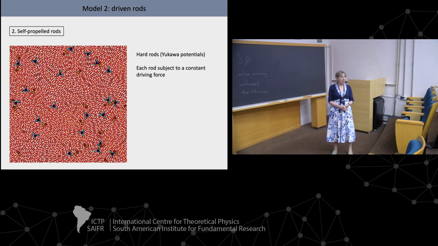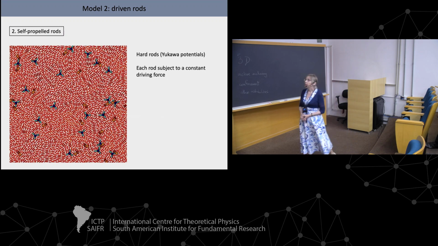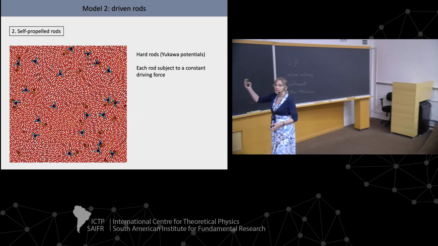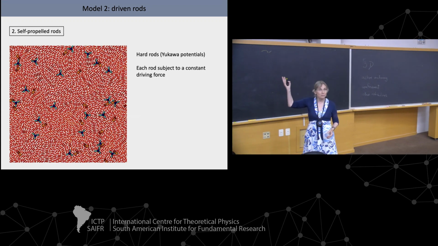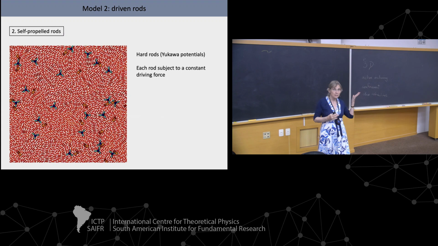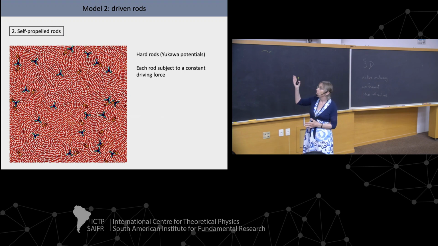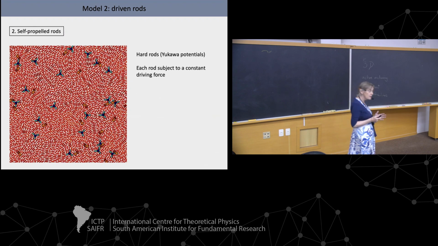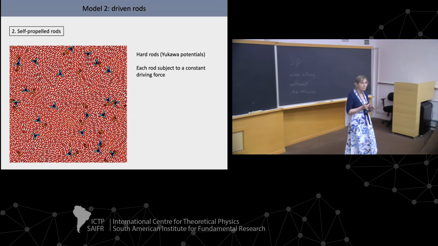I don't entirely understand why we end up with exactly the same story in this hard rod system as you do in the continuum system, particularly when we have polar driving there. Other people who've worked more on these rods might be able to say something better, so I'm sorry about that,